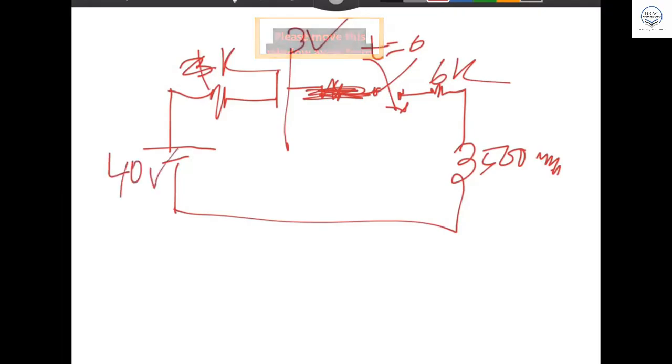If I give you this problem, and tell you to find the value of IL and VL at time t equal to 0 when the switch is closing,